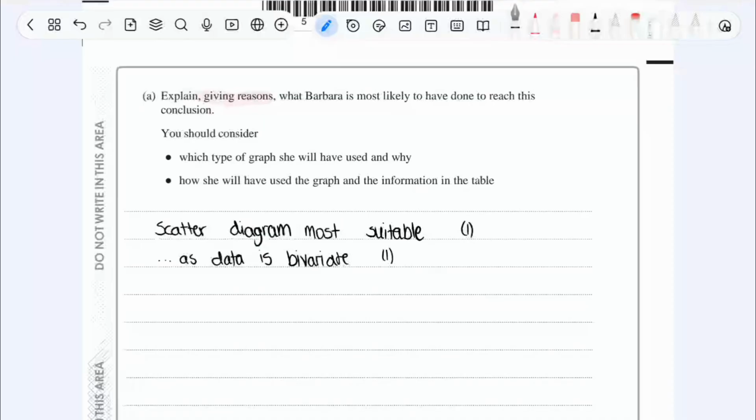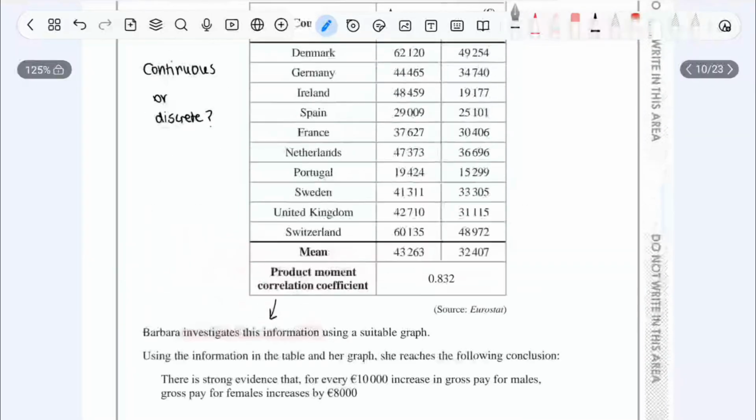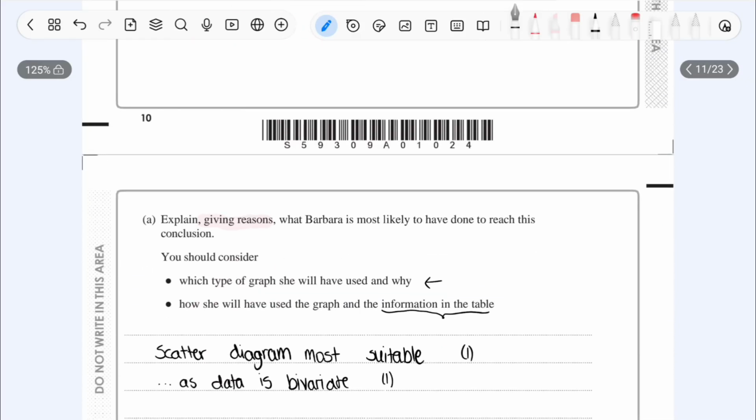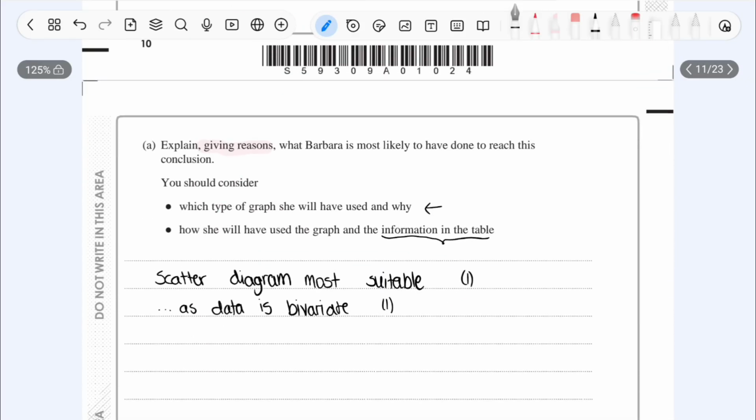So now we've used this bullet point, we need to focus on the next bullet point. How will she have used the graph and the information of the table? Well, let's focus on the information of the table first. We can gather from this that she's using her data in the table and her hypothesis or a conclusion, and she's basically putting it into the graph, and we've already discussed that this is a scatter